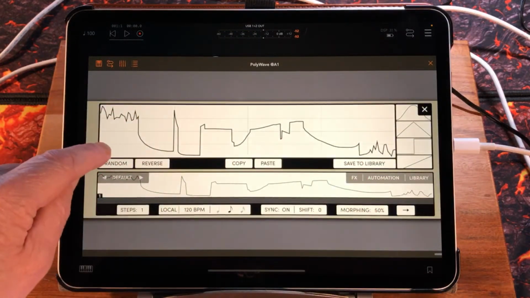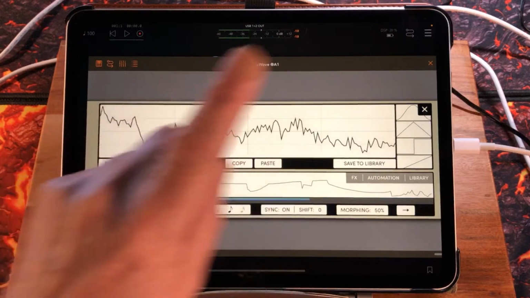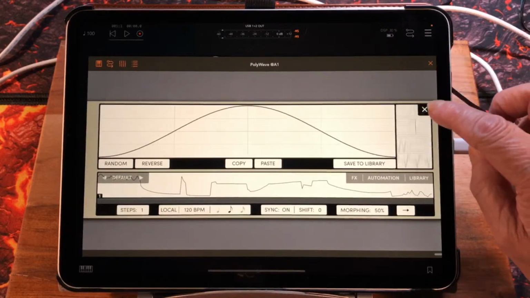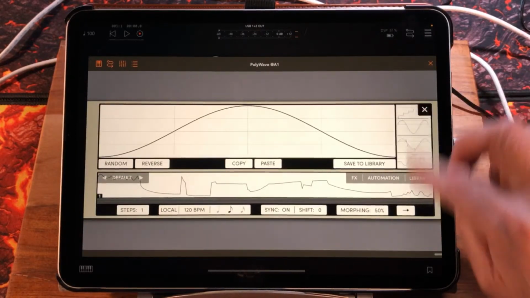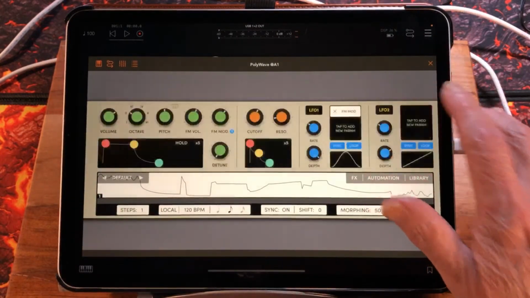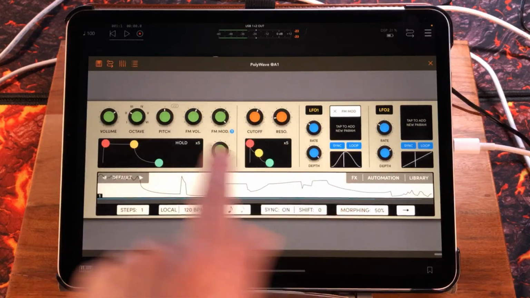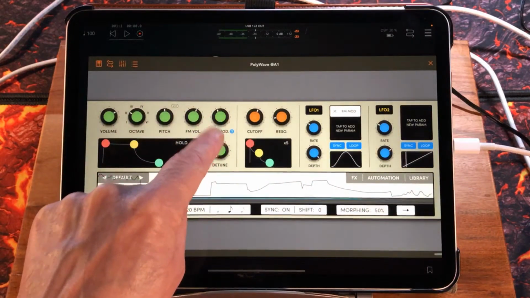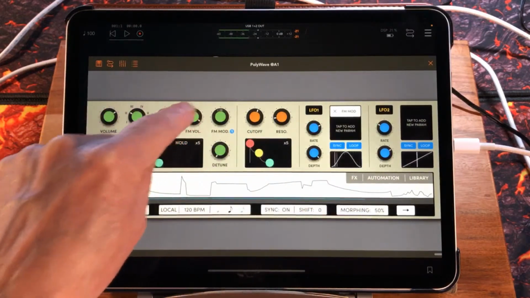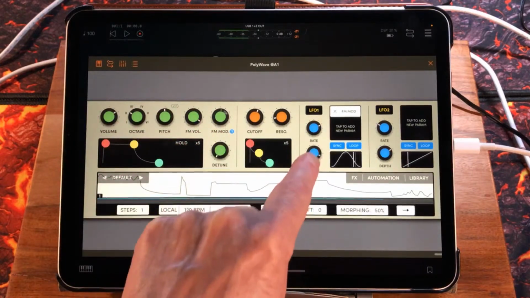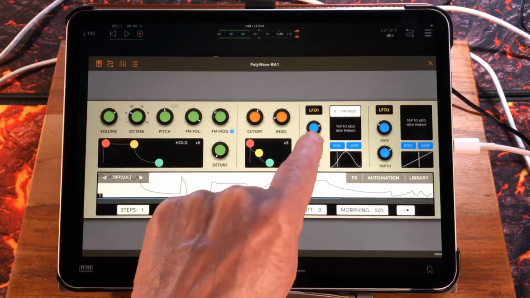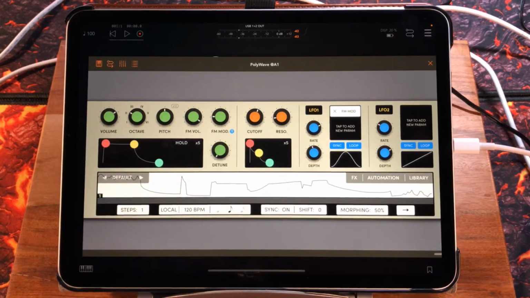We could go in and randomize that. Or we could just select a more standard one, and there's a stack of them here to choose from. Look, loads and loads. Because this is a custom waveform, you can save it to your own library as well. We're not going to do that, but now we've got basic sine. So we've created something really quite nice